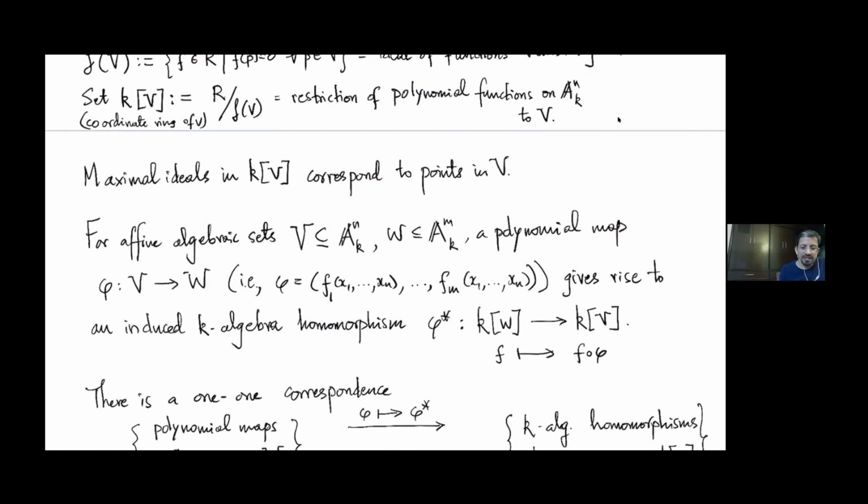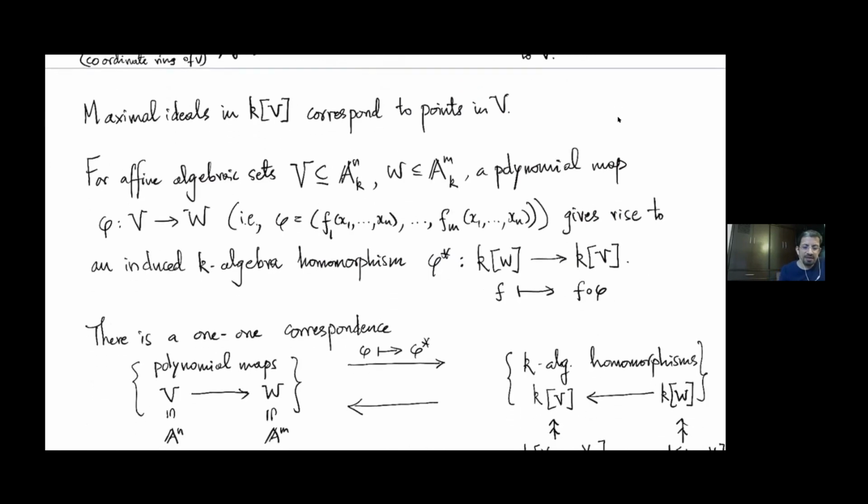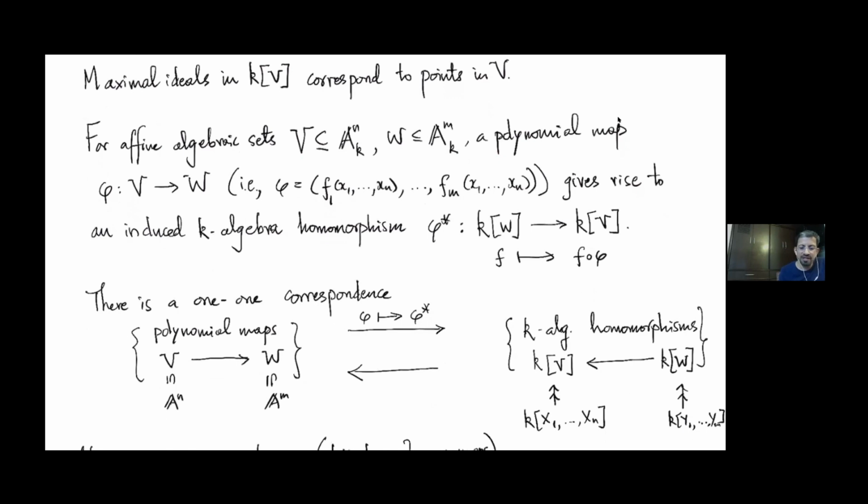So this is one example. And then the other one is, for example, you can talk about maps between affine algebraic sets. So take one affine algebraic set V inside A^n_K, and W is another affine algebraic set. And you look at a polynomial map between them, which simply means that it's a restriction of a polynomial map between A^n and A^m. So any map from A^n to A^m has to be given by m functions of n